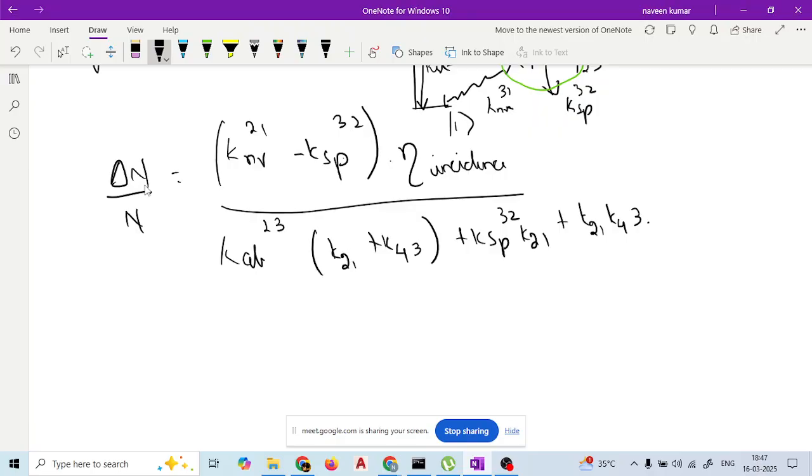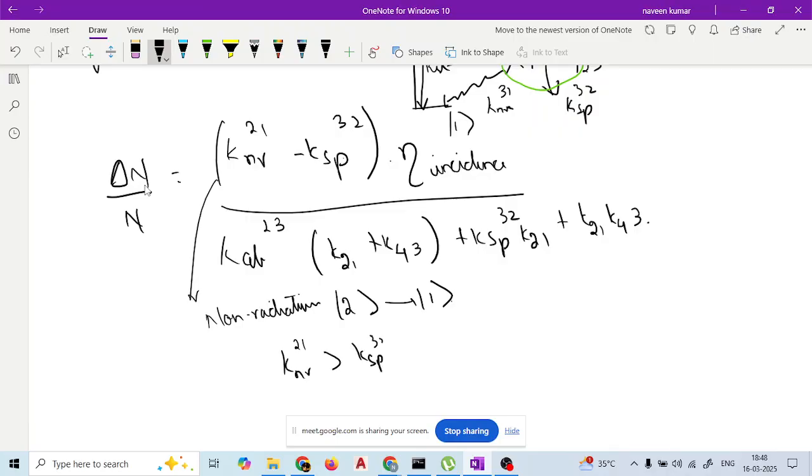So this is non-radiative, I told about that. So finally,